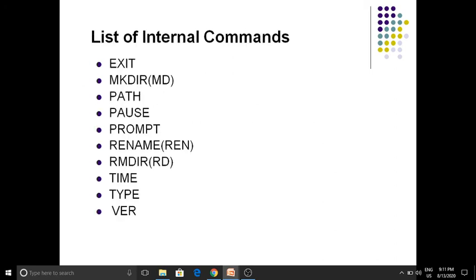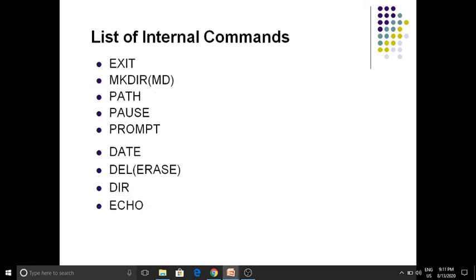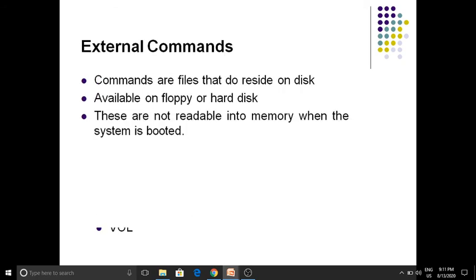Okay students, these are some of the DOS internal commands.